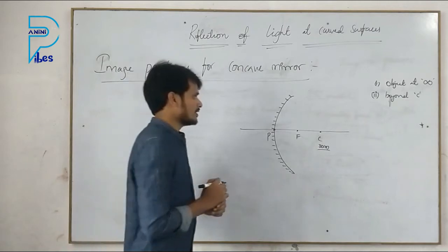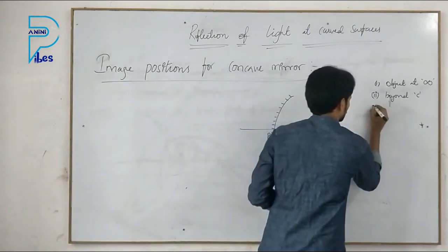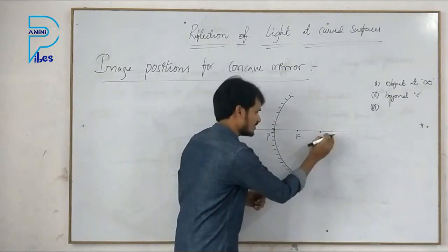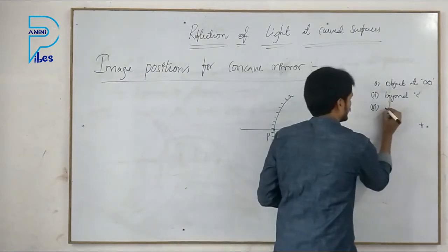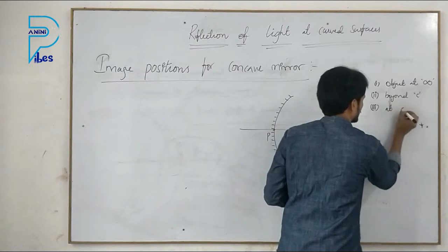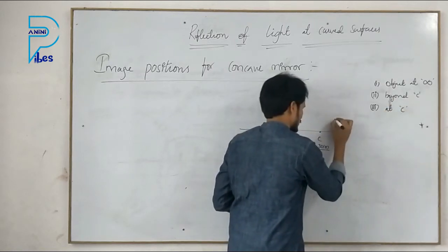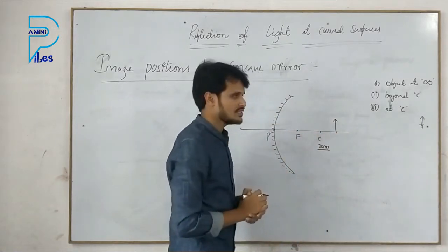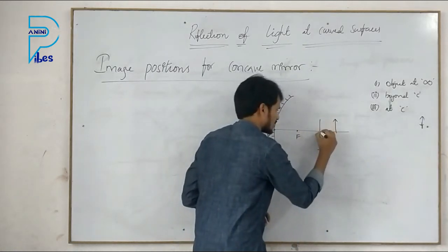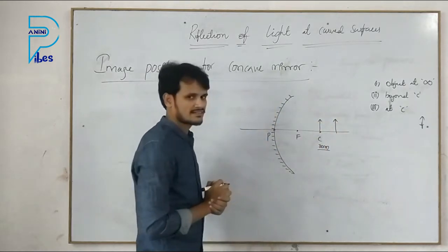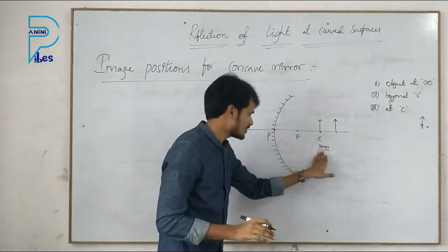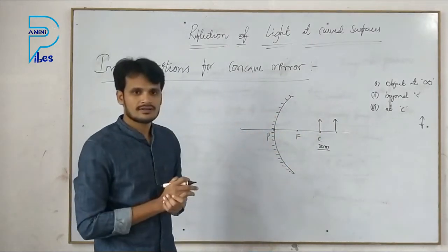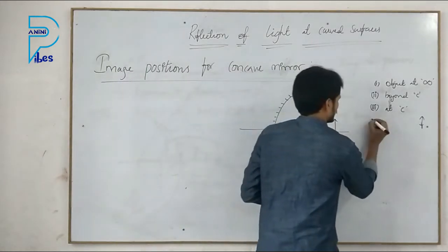Understood? And the third case is object at C. So the first case is object at infinity, the second case is beyond C, and the third case is object at C. In the example I gave here, 30 centimeters, if you are placing it at exactly 30 centimeters, the object is at C. And the fourth case is